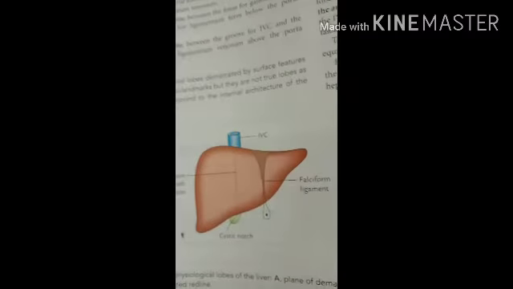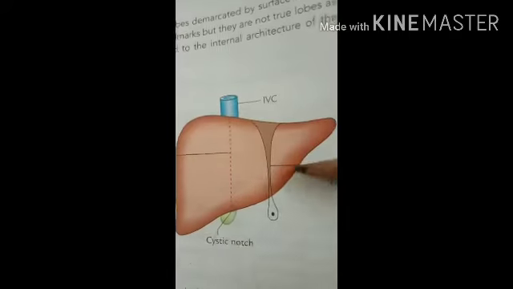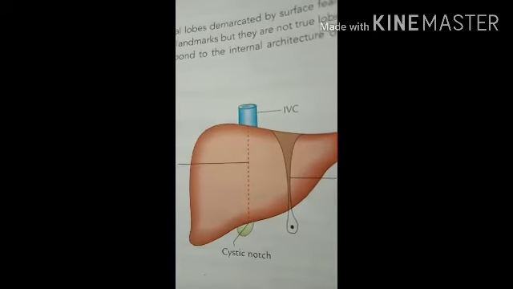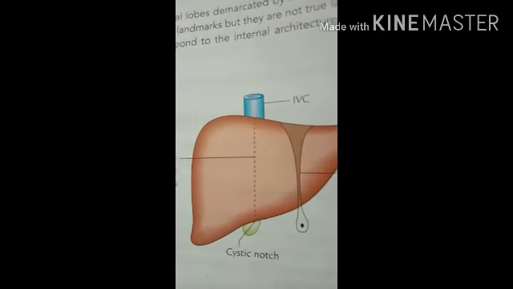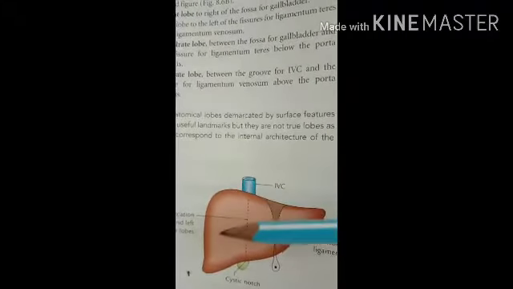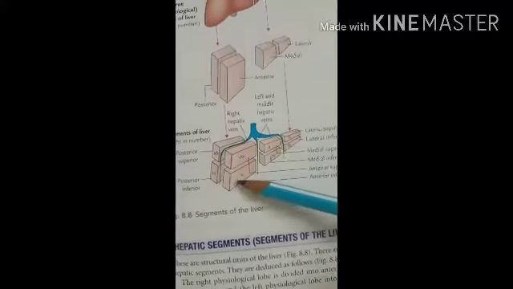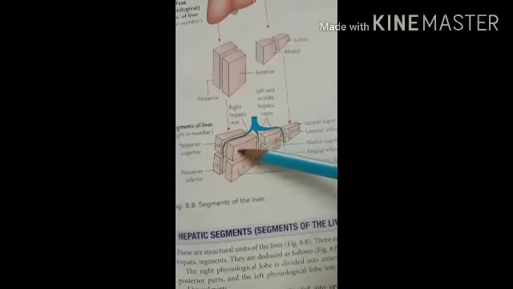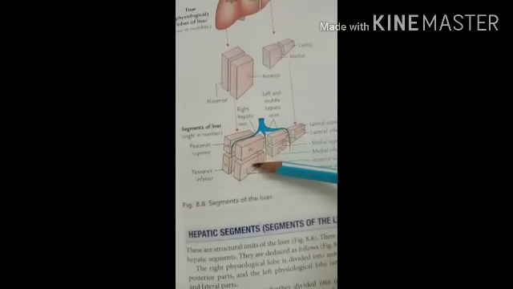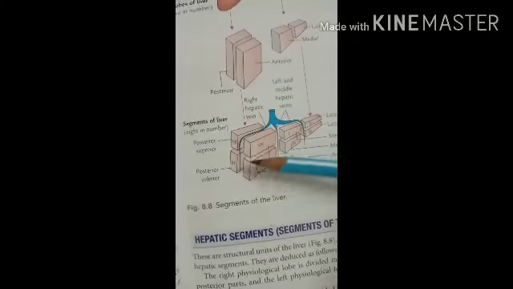Then the liver transplantation. Liver transplantation generally occurs in liver cirrhosis patients, where liver function is very poor. In that condition, the 5th to 8th segments are used. Here you can see the 5th segment and the 8th segment that are resected from the donor, and they can be successfully transplanted into the recipient. So that is called liver transplantation.